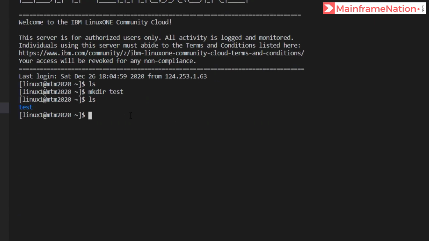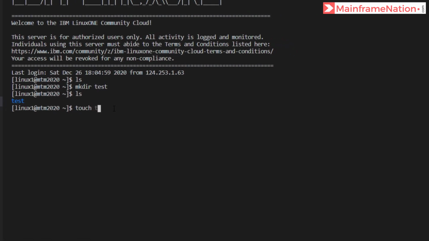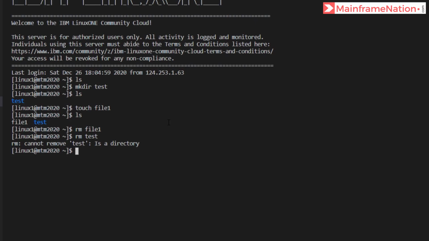And then let's create a new file. Let's call it file1, then give ls. You will see file1 and test is there. Same way we can remove file1, we can remove test by giving rm test. Give ls, and you will see there are no files here.